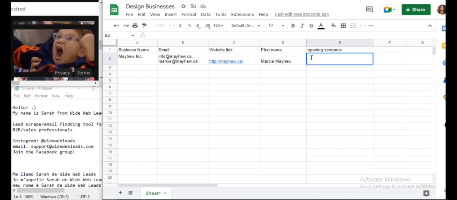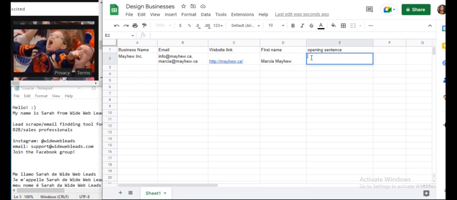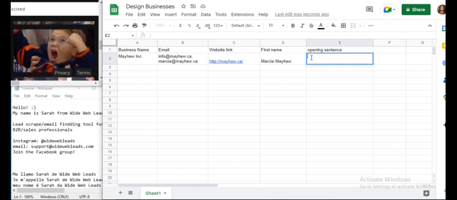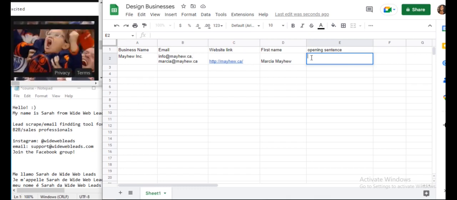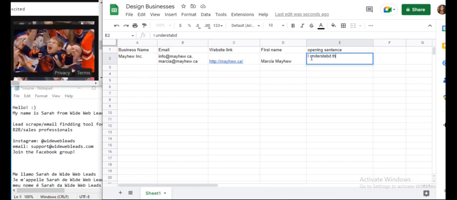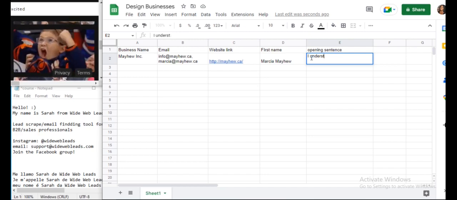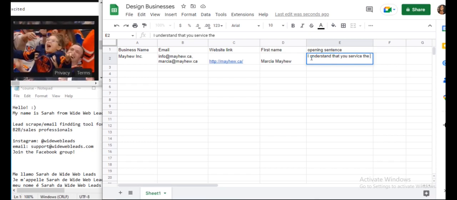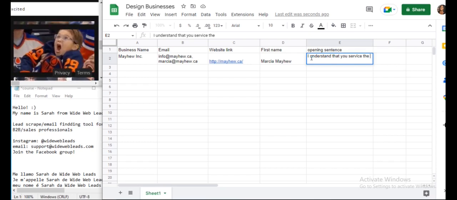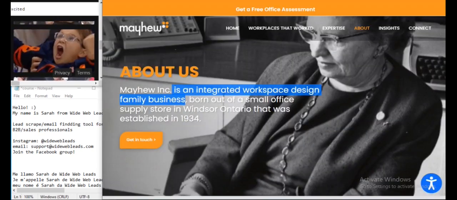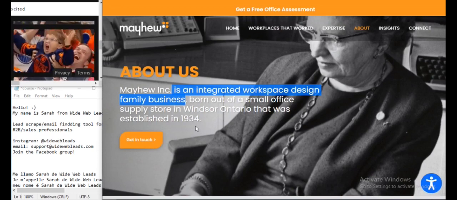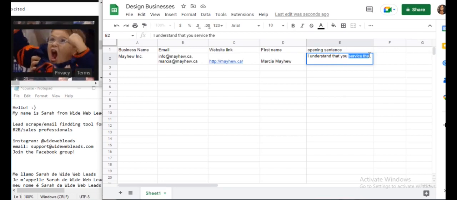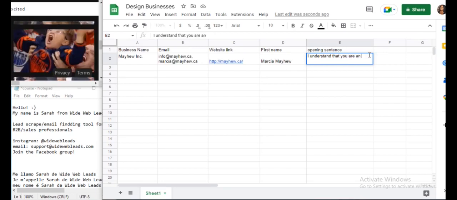It's the generic message, but in the generic message there'll be a section for the opening sentence, which will be personalized. So, I understand that you are an integrated design space, that you are an